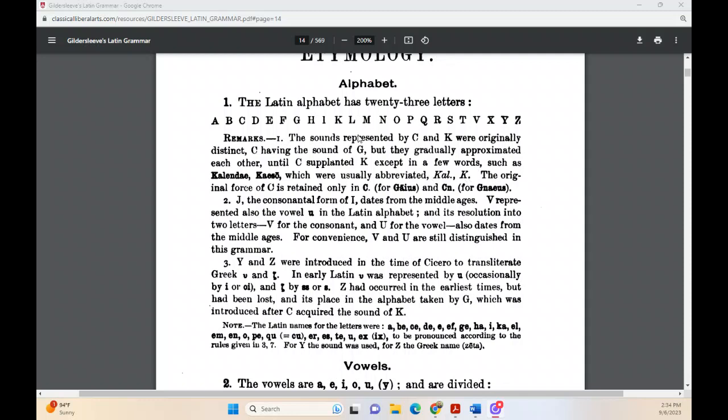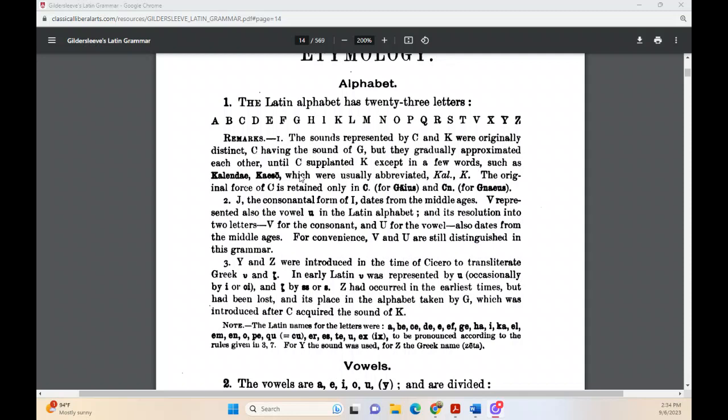Okay, so the first remark is simply an explanation of the change in the pronunciation of ke and ka over time in Latin. Now, the reason these historical notes are important is because if you do get serious about Latin studies, you're going to study Latin that was written at different periods of history. And when you try to figure out what's going on in the Latin, you have to understand when the Latin was written. Latin that's written, let's say, in the Middle Ages, let's say by Thomas Aquinas in 1200 AD, that